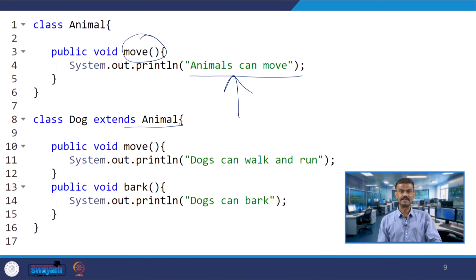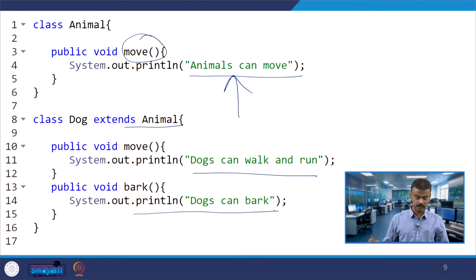You have void move, "dogs can walk and run", and you have bark, "dogs can bark". So there are two methods, the move method and the bark method. One is being overridden. Let us see how this is working, particularly the casting.